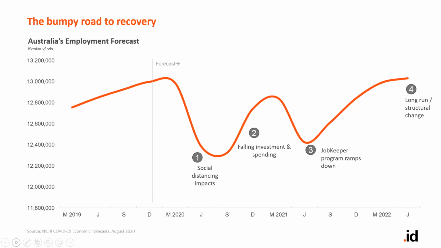And that's an interesting one because we visited a number of regions over the last couple of days that have nobody on JobKeeper payment. So that stage 3 might not necessarily be coming for them in terms of what does this mean for our community when all these jobs are lost. And it's being able to dispel those myths and look at the reality of what is your dependency in your community on JobKeeper. And then, of course, we have those long-run structural changes and what does that look like in